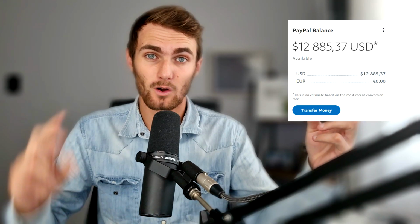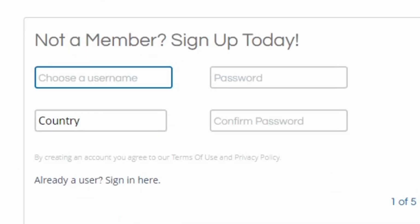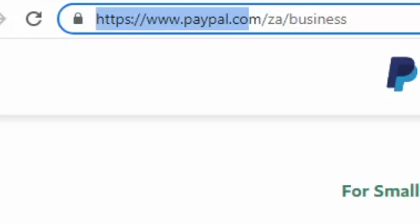Today's strategy will allow you to make money like this, or like this. All you need to do is come over to Google and search the specific search word. It will pop up with a website that will give you multiple income streams. Then just go to the program application and fill in all of your details. Then you can just go and copy and paste this and go and paste this over here. Go and click on publish, then come over to paypal.com, sign up your account so that you can go and